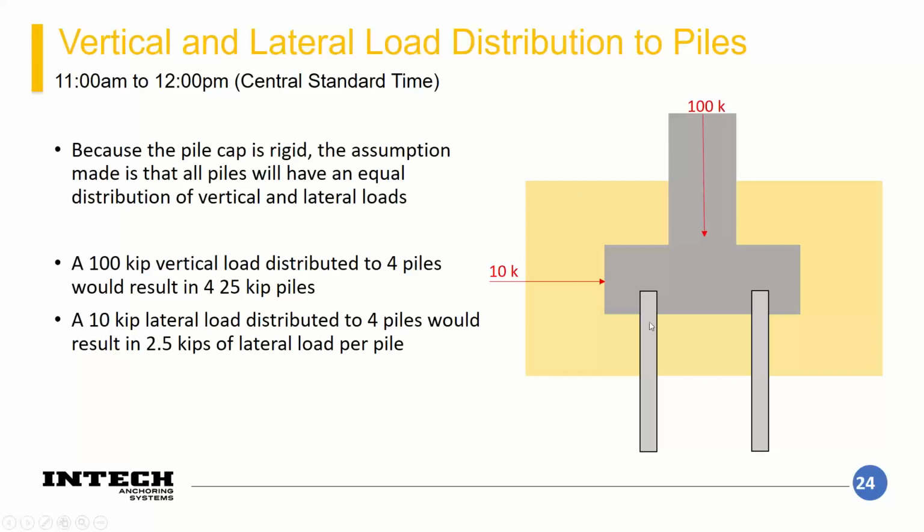And the same is true for a lateral load. I've actually got the arrow pushing on it right here, but it could also be applied at the column up here. This would be more of an earthquake load situation, and a lateral load being applied up here would be more of a wind load situation. But regardless where you apply the lateral load, if you've got a rigid cap, it is a safe assumption that you're going to be equally imparting load in all 4 piles,